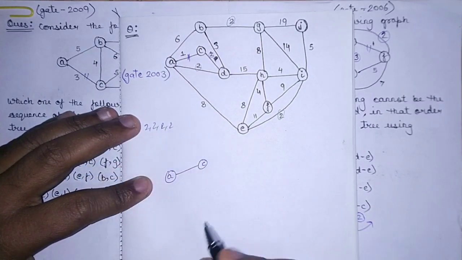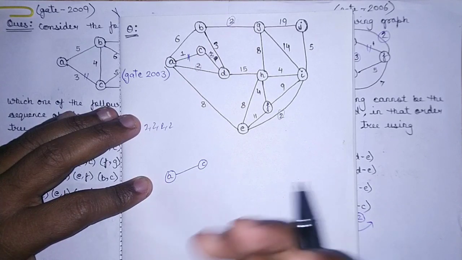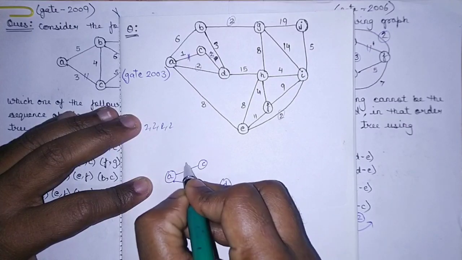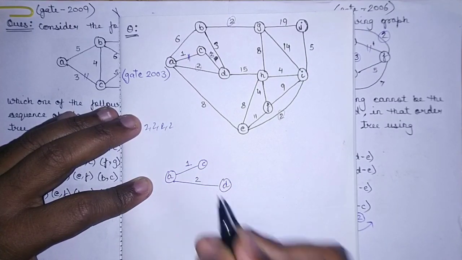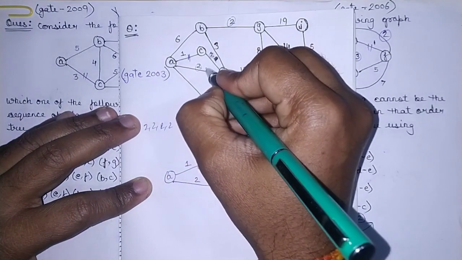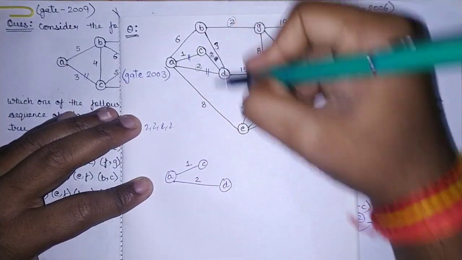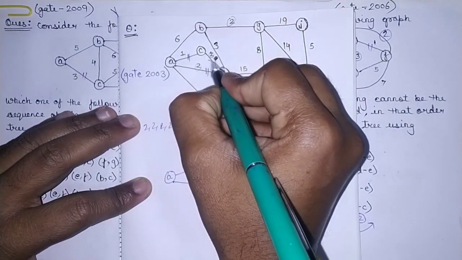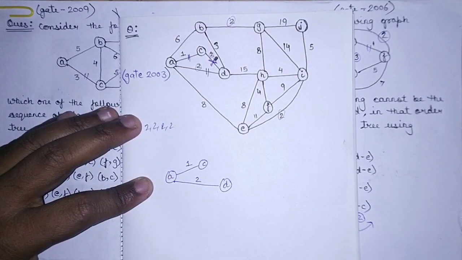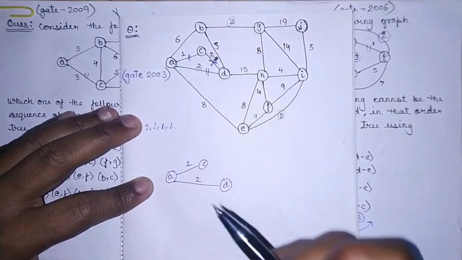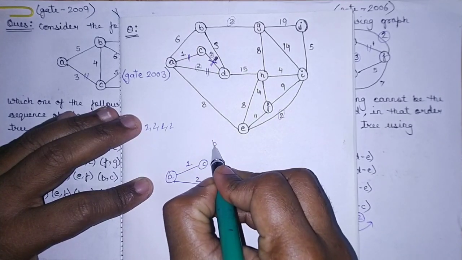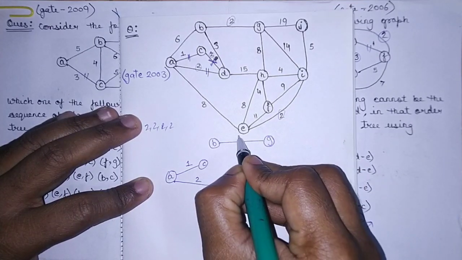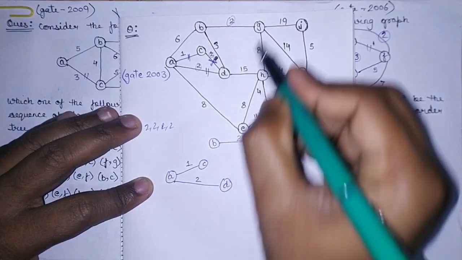Among those, how can we find out what we have to take? Make sure that there is no cycle. If I am taking A to D, its cost is 2. It is fine, so that means we have covered this one. We cannot take C to D because if we take C to D, it will be a cycle. So it is not possible, I'm just striking it out. What is the next value? Next is B to G. Yes, B to G is possible because it is not forming any cycle. So I am taking B to G, whose cost is 2.